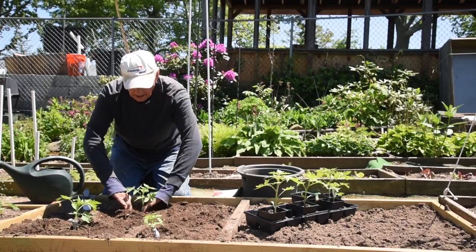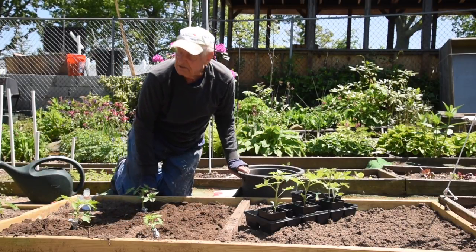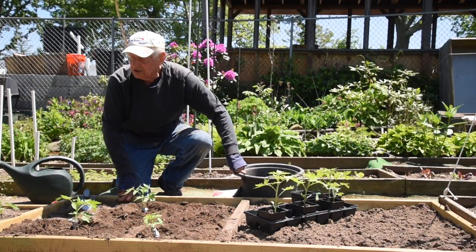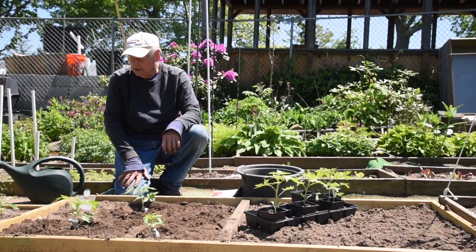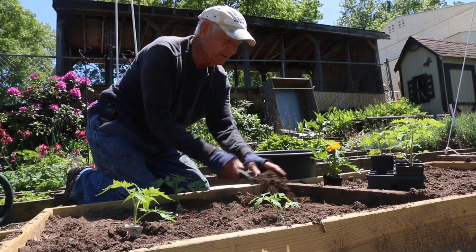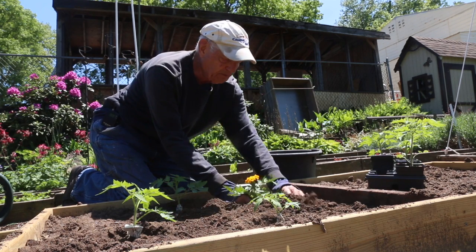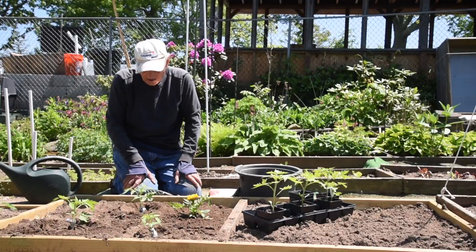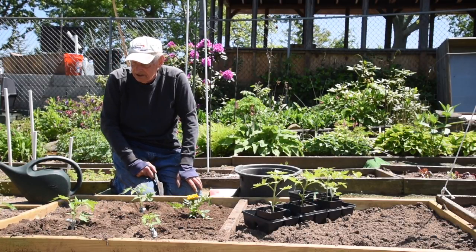And this bed is ready, except for just one more thing. It's been said that tomatoes like marigolds. It appears that marigolds may have something to do with keeping insects away from the tomato plant. Okay, to finish the job, we'll dig a little hole, take a nice marigold, put it in position, and plant it. From here on out, it's simply a matter of watering the plants,